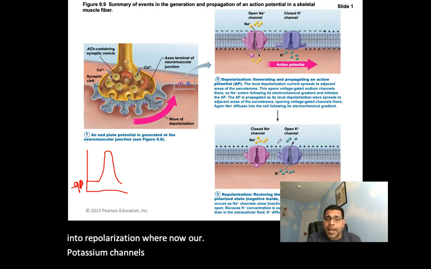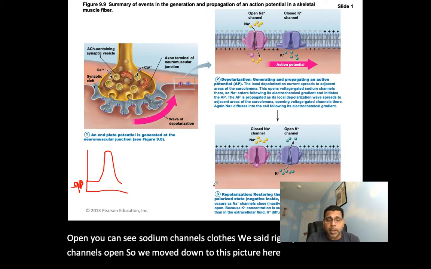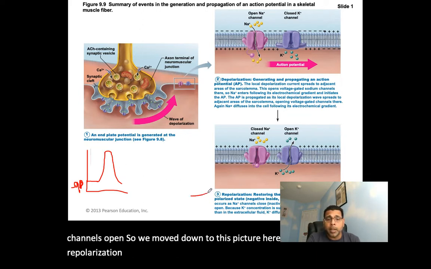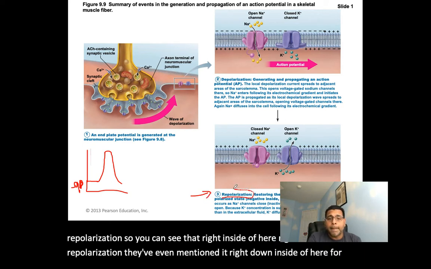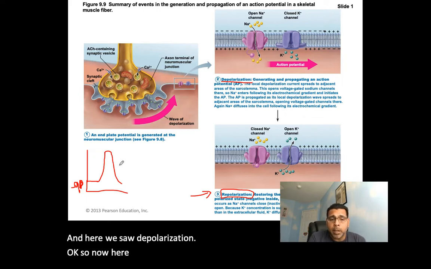So here the potassium channels open, you can see sodium channels close, we said, right? Potassium channels open. So we move down to this picture here. We're now in repolarization. So you can see that right inside of here, right? This is repolarization. They've even mentioned it right down inside of here for you. And then here we saw depolarization. Okay, so now here in repolarization,